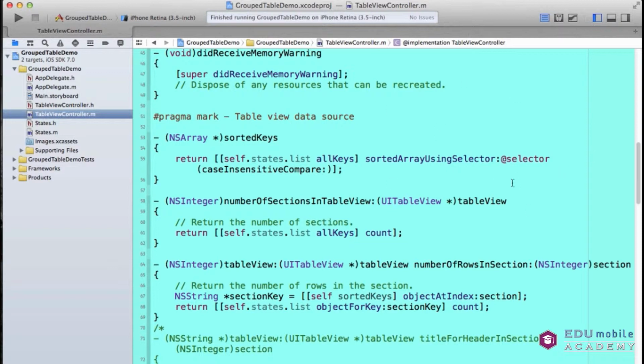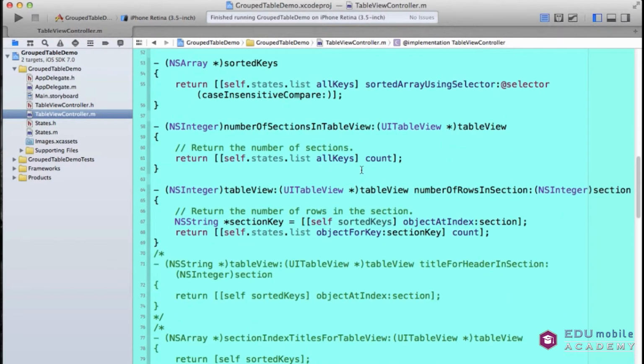So we'll be talking more about this later. However, the end result is that we return all the keys in self.states.list sorted alphabetically without regard to their case, so case insensitive. This becomes first important in the number of rows in section, because we want to return the number of rows in each section, but we want to make sure that we sort those keys first and then apply the section integer, the index of the section, to the sorted array,